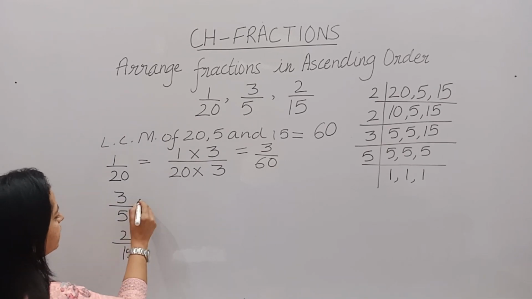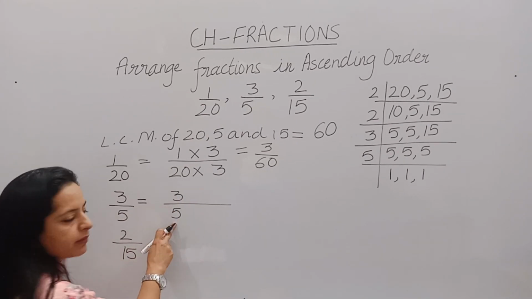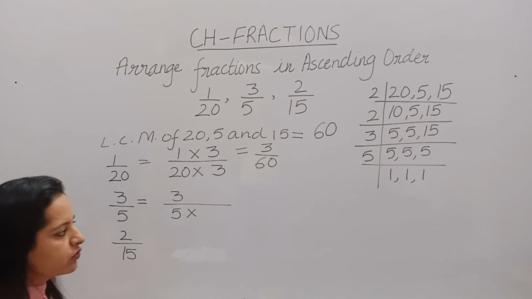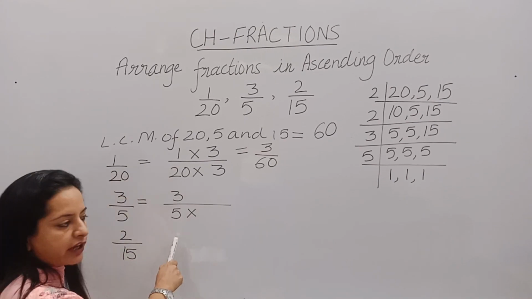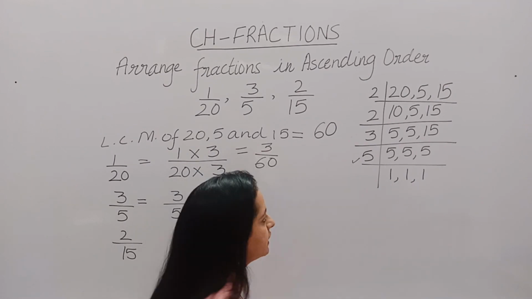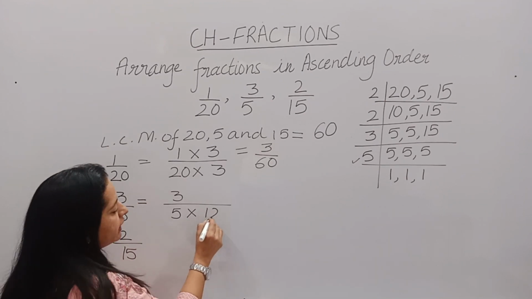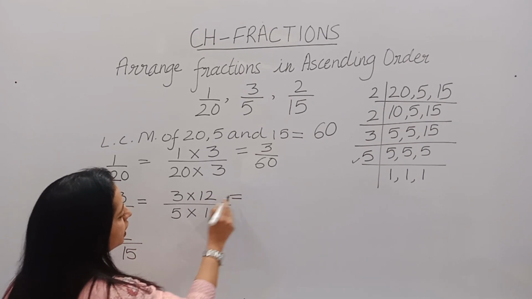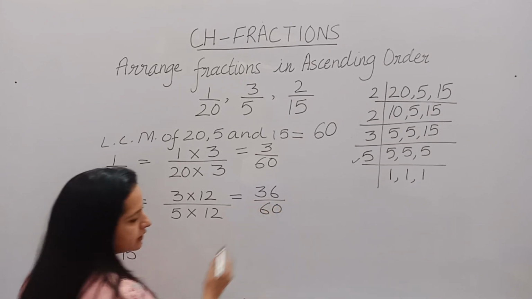Coming over to our next fraction here, I got 3 upon 5, right? So with which number shall we multiply the denominator 5 to get 60? I'll tell you one easy method to find it. Now we need 60 in the denominator, and what do we have right now? 5. So I'm putting a tick over 5 and the remaining numbers we will multiply. 2 4s are 8, 4 3s are 12. So we will multiply 5 by 12. 5 12s are 60. So we will multiply the numerator also by 12. 12 3s are 36 and 5 12s are 60.